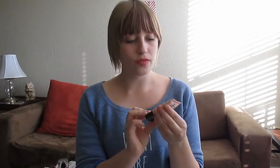Back to this little pink beauty. This is the Born to Glow Liquid Illuminator by NYX in Sunbeam. They have two different shades of this, a darker one for girls with darker skin, and then for those of us who are extra pasty, they have this one, and it looks like I have the cheekbones of a god when I wear it. And you dab it onto the apples of your cheeks, and you brush up